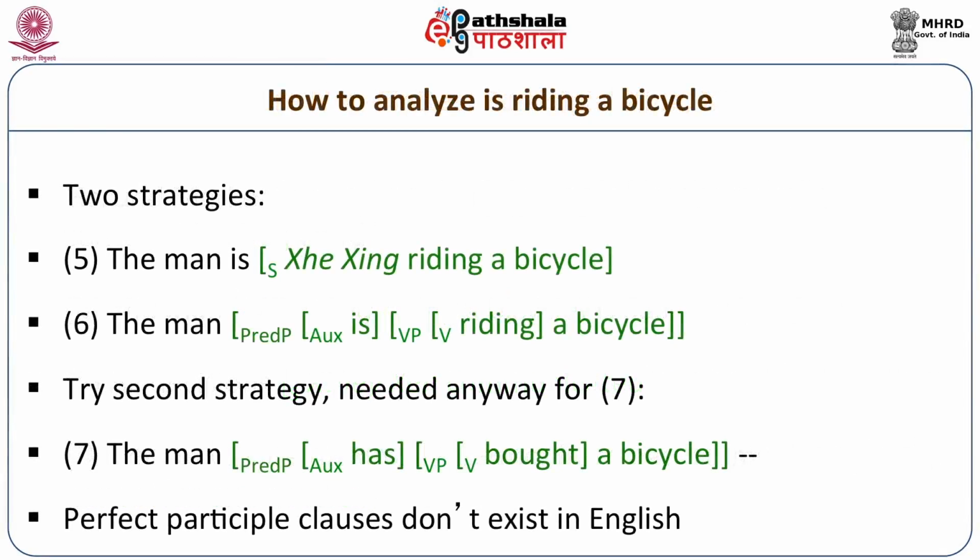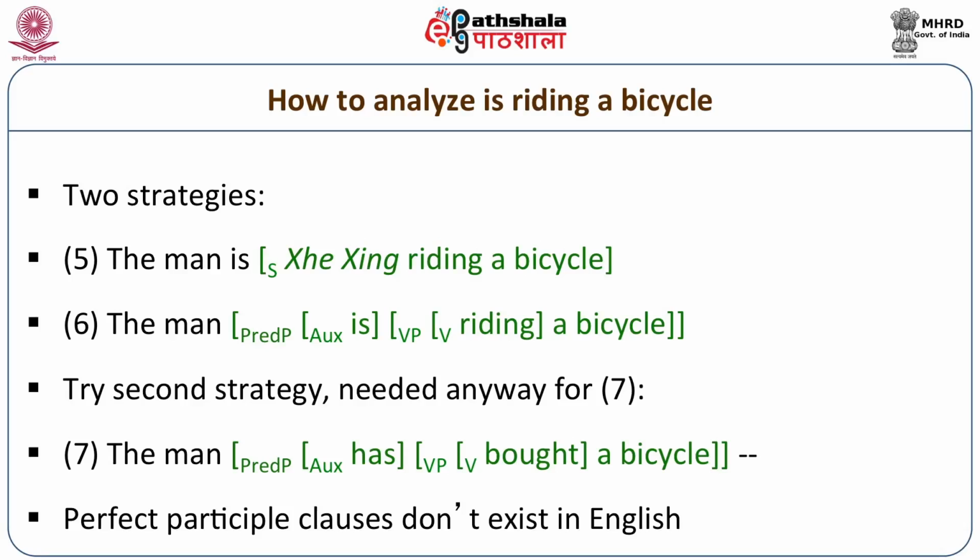When you compare sentence 5, the man is riding a bicycle, with sentence 6, in which the volatile elements x and x-ing are not shown in the deep structure, you find that there are two different analyses we are considering for the string the man is riding a bicycle. We are asking whether, as in 5, we should show it with the participial clause he -ing riding a bicycle